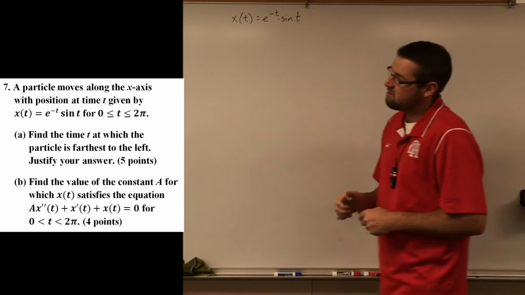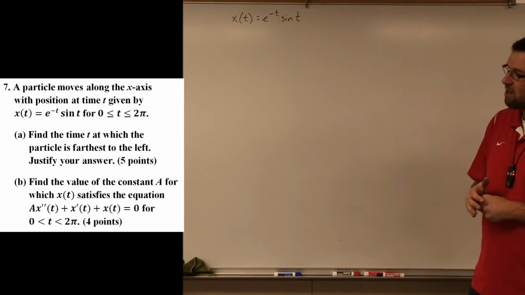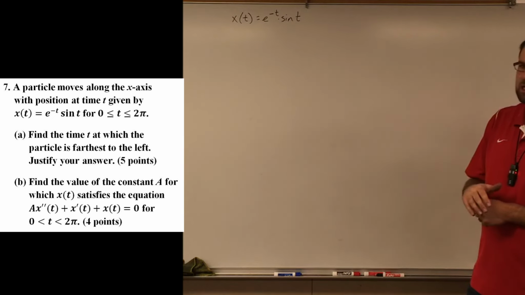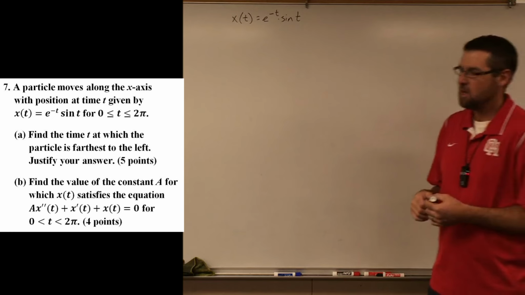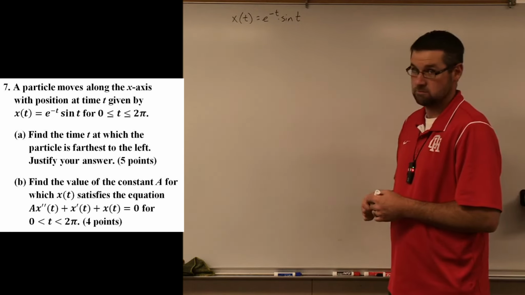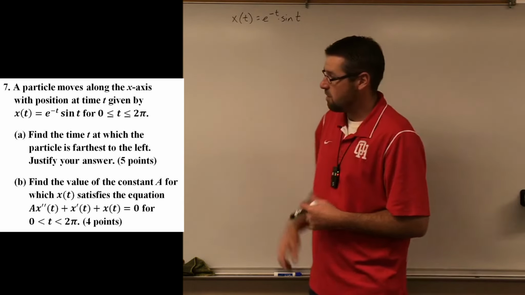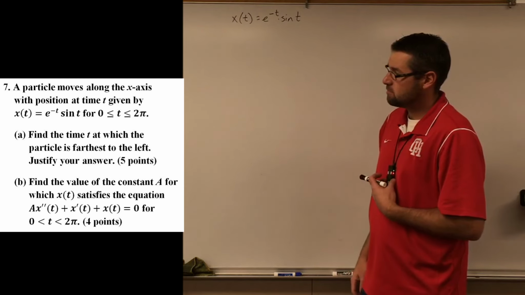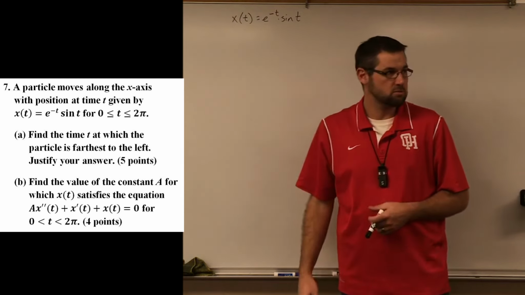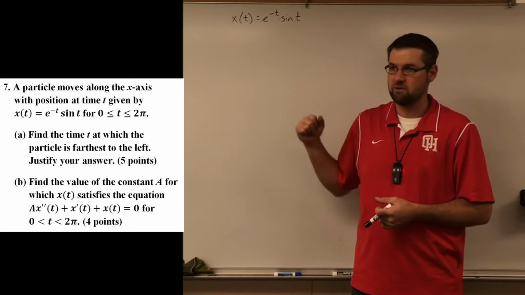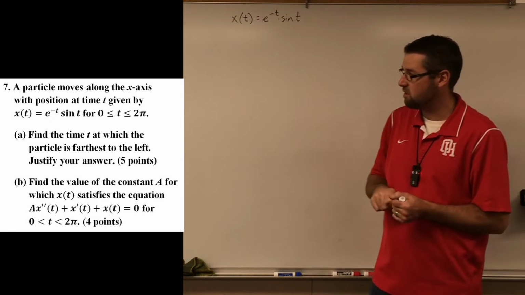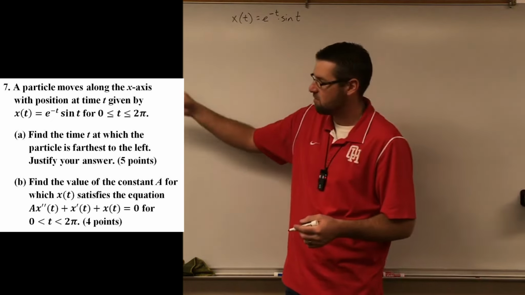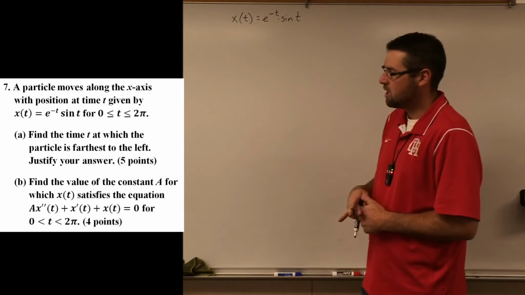Part B says find the value of the constant a for which x of t satisfies a x double prime of t plus x prime of t plus x of t equals 0. Yeah, that looks gross, but it's not that bad. A is a constant, right? X double prime is acceleration, you just take the second derivative, and x prime is the derivative. So you just plug your second derivative, the first derivative, and the function into that equation